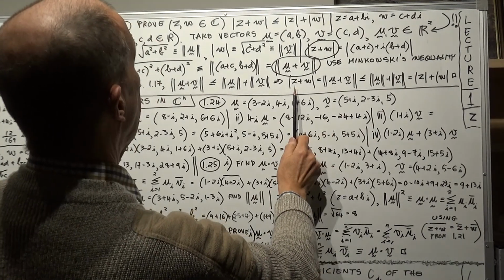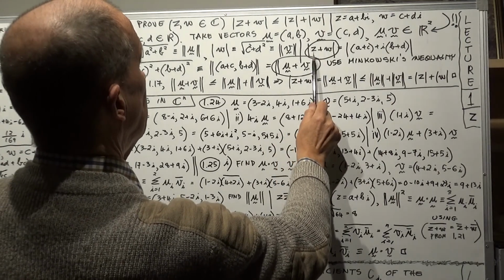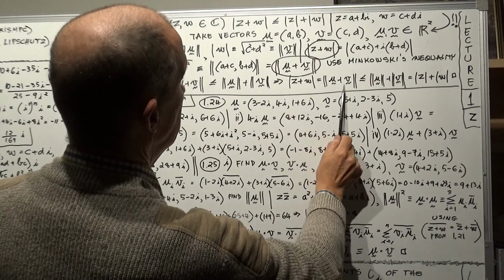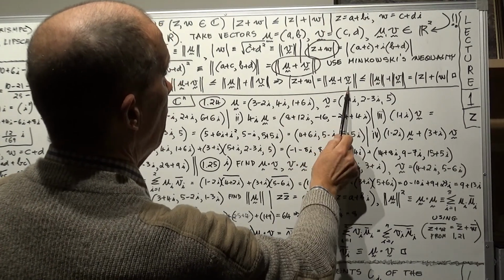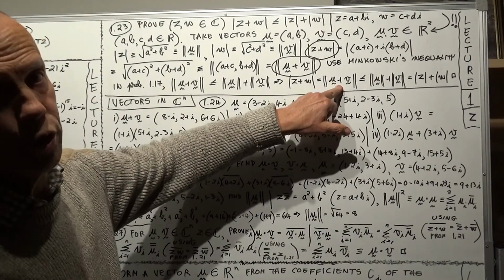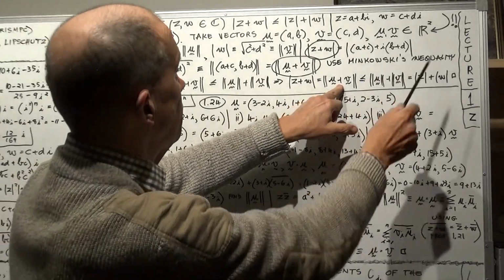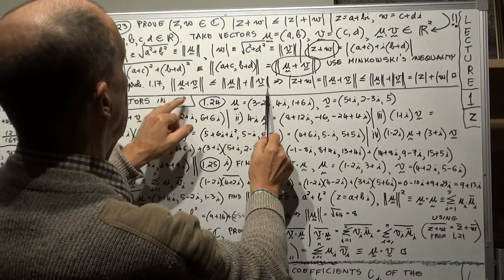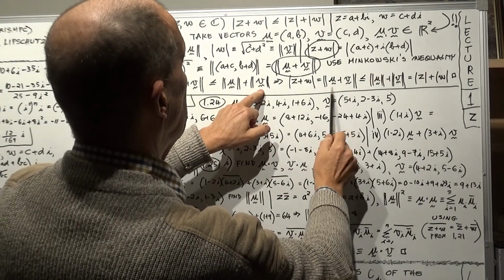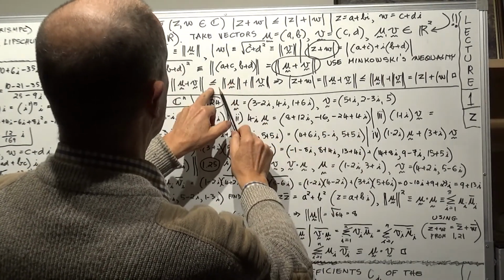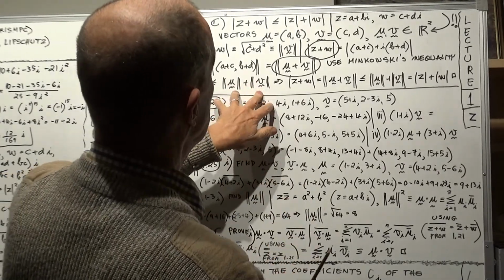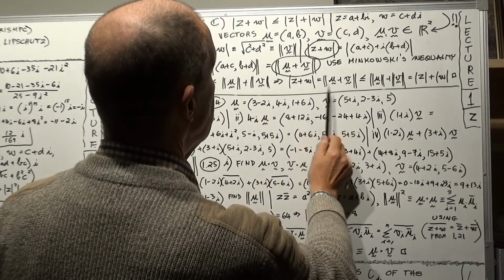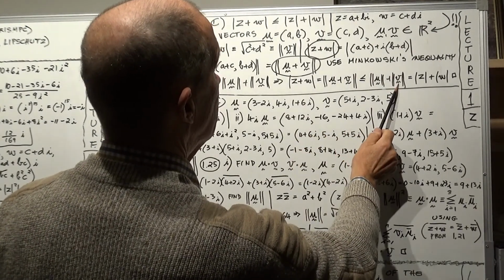Where does that come from? This equals this, right? You're just rewriting this equals this again here. But now for this we can use the Minkowski inequality, which is here. So this is less or equal to that. Take this term and put it here. So this is now less or equal to that,